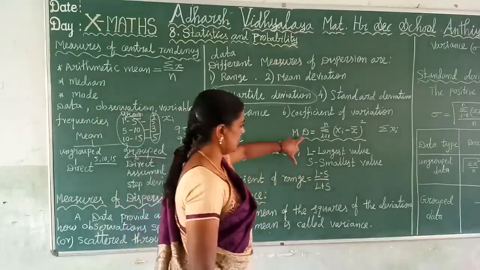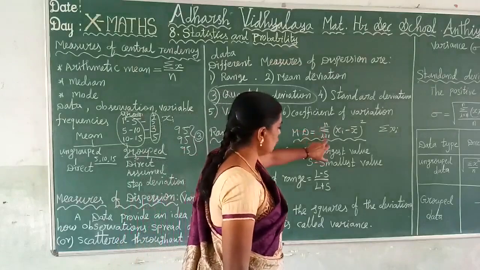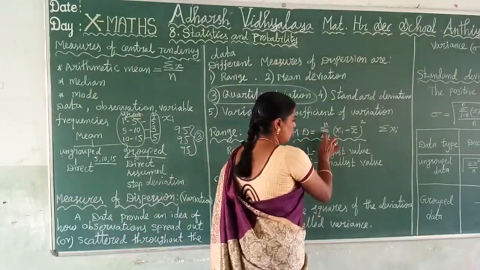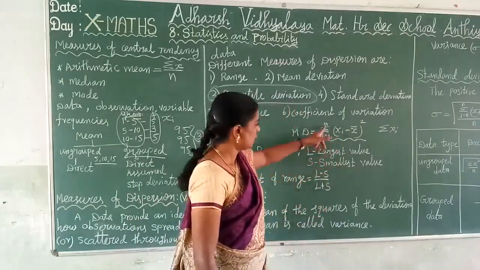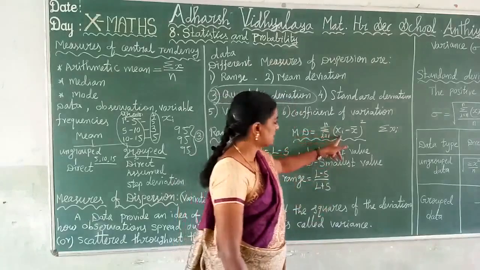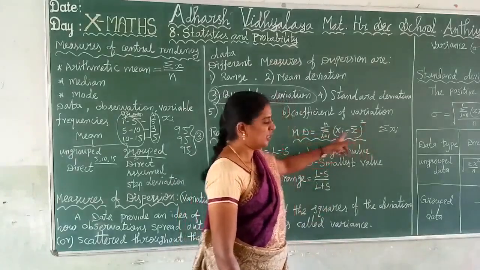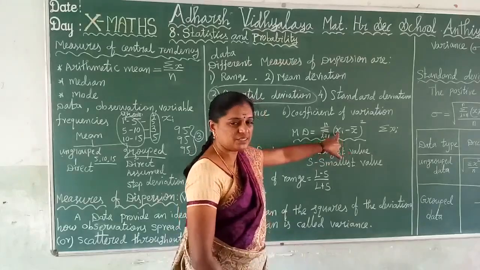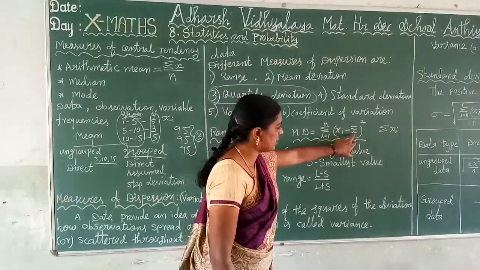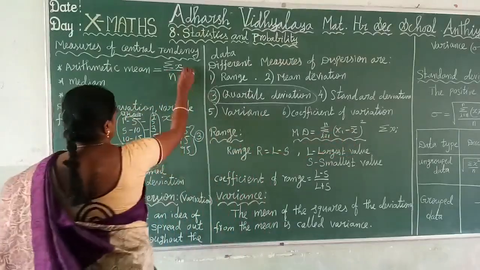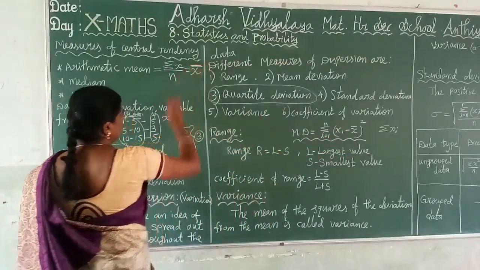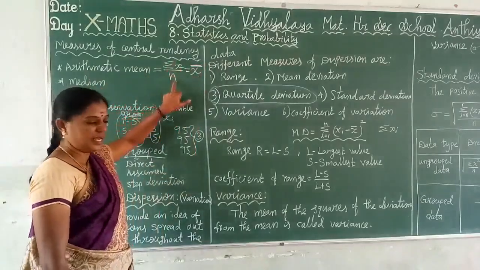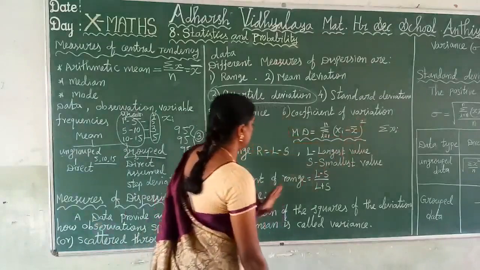Next, mean deviation is equal to summation, i equal to 1. Here i equal to 1 means starting from 1 to n. Here at the bottom you write where it starts, at the top you write where it ends. xi minus x bar whole square. That is the mean deviation. This is the data. You select the data, we take xi minus x bar, where x bar means the average. The arithmetic mean symbol is x bar is equal to summation x by n.